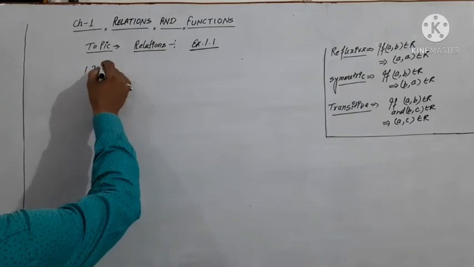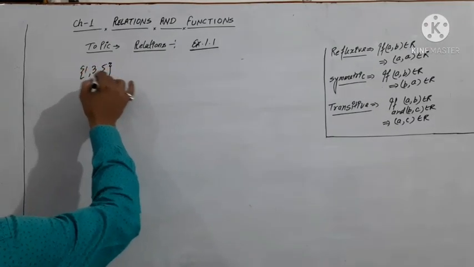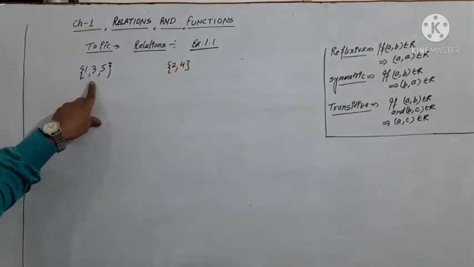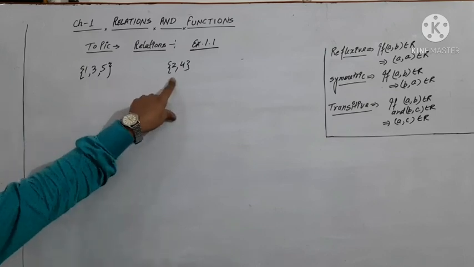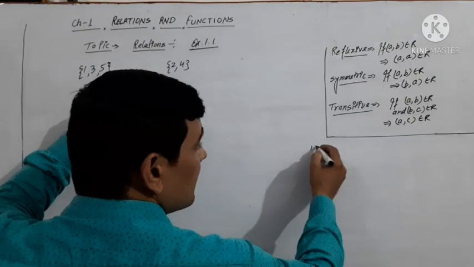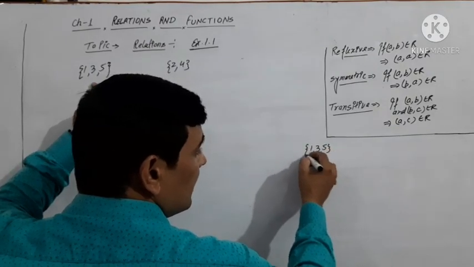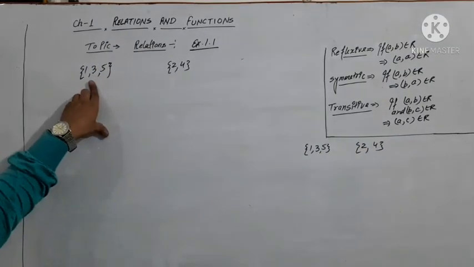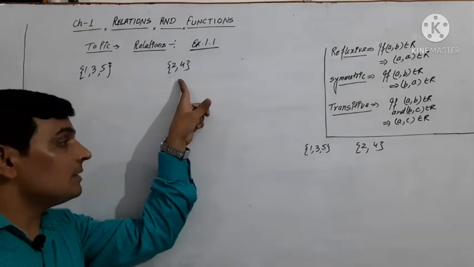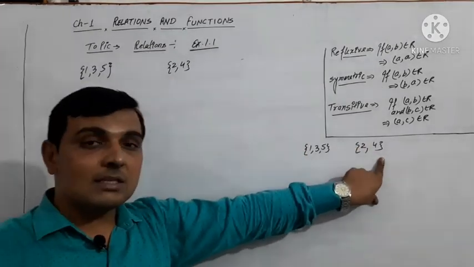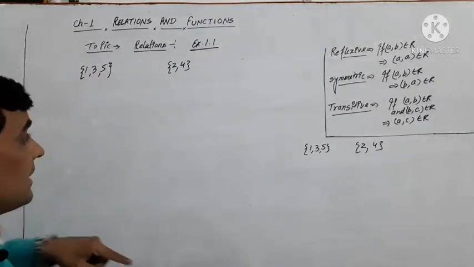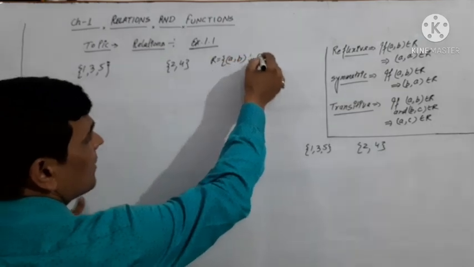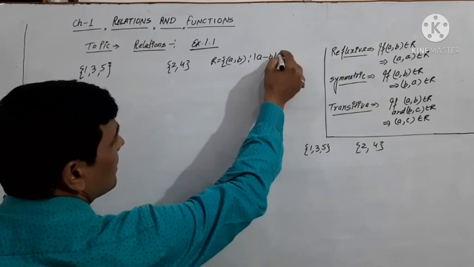In this question, there are two sets, 1, 3, 5 and 2, 4. We have to show that each element of this set is related to each other and each element of this set is related to each other, but no one element of this set is related to any other element of this set. All elements of this one are related to each other, all elements of this one are related to each other, but none of its elements is related to any element of the other. And what was the relation we had? The relation was (a, b) such that modulus of a minus b is even.